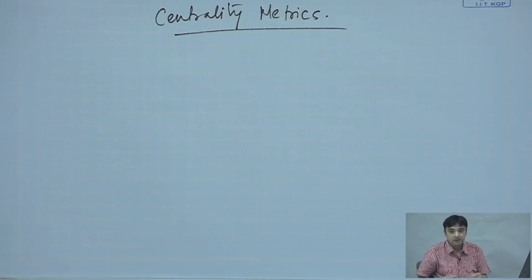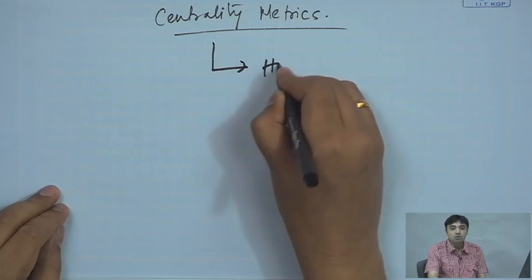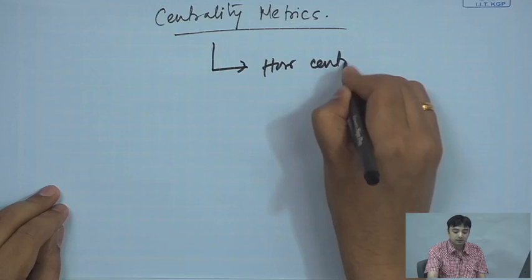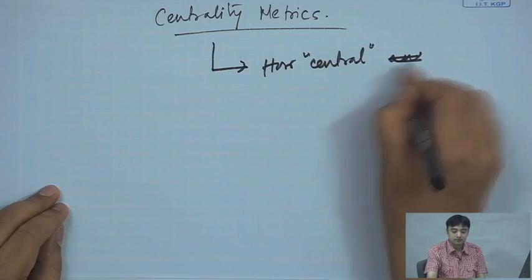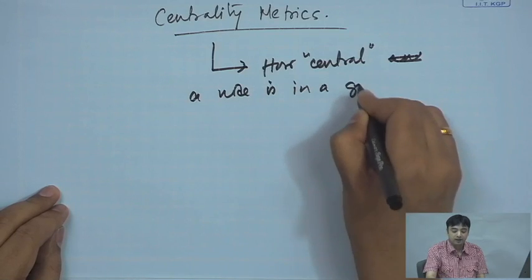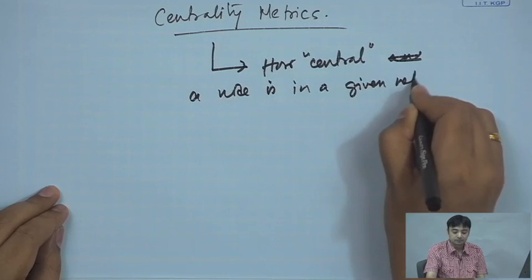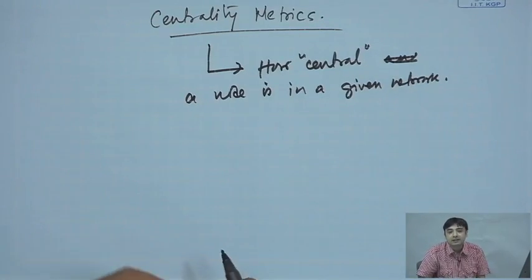As the name suggests, you can immediately understand that centrality would indicate how central a node is in a given network. So, you want to estimate how central a node is in a given network, and as I write in the slides,